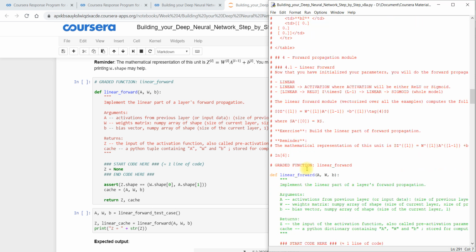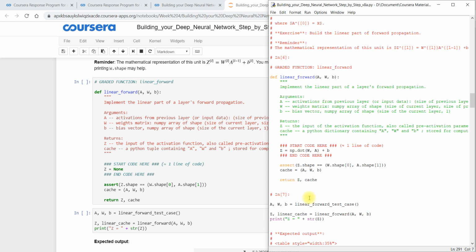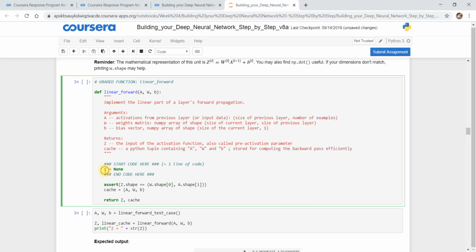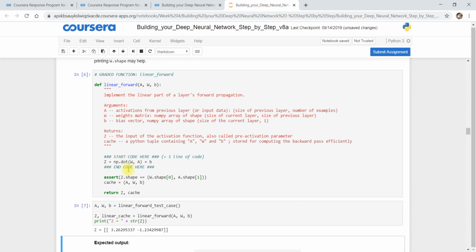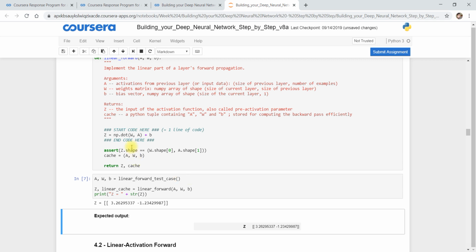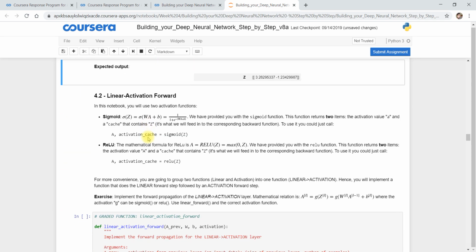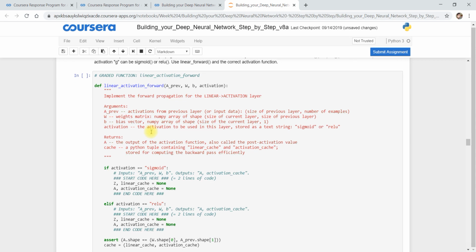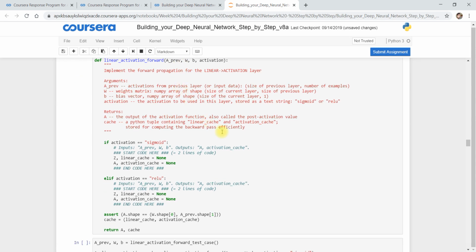So now I am going to the next one, linear forward. Also you can see here we are making changes on this one line. I will just copy this line and show you. We are only making a few changes, but in Python you know indentation is very crucial. So we are copying the whole code. I am going through that process. These are very little things you have to do here, nothing more. This is linear activation forward.